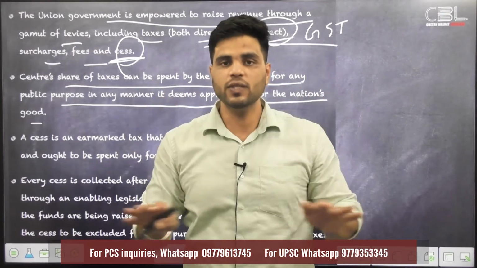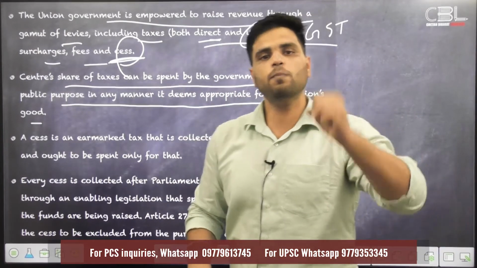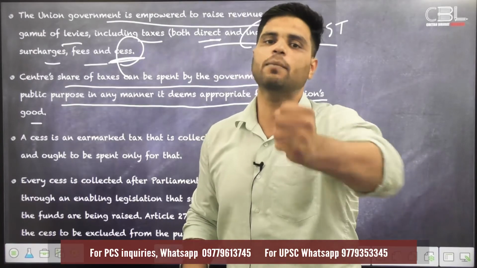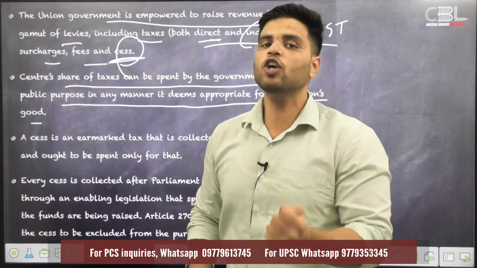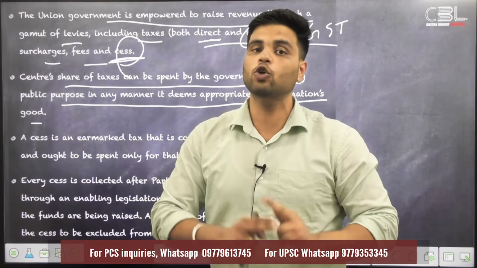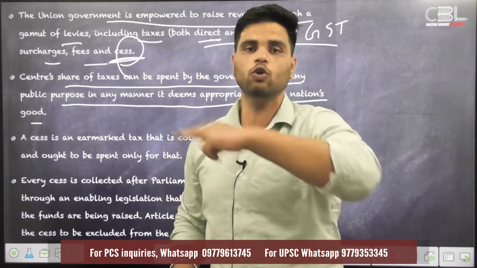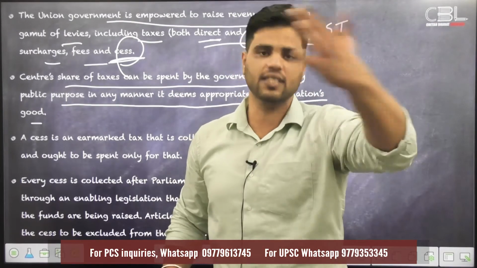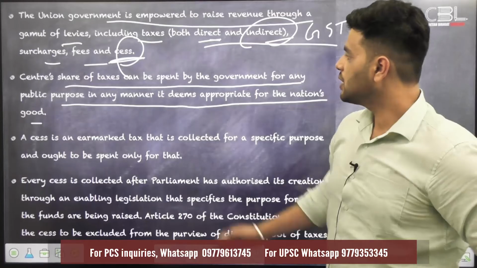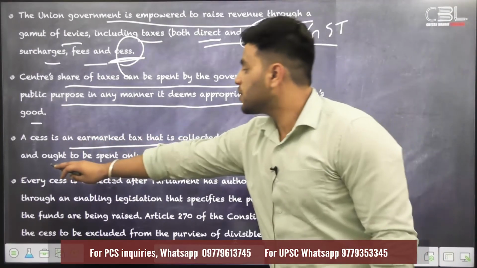Now, what happens with cess is that the money collected by cess should be spent on the scheme through which that money was being collected. For example, if you are collecting money through Swachh Bharat cess, then the money collected through that cess should be spent on Swachh Bharat Abhiyan itself. You cannot spend that money in any other good or in any other scheme. All right. A cess is an earmarked tax that is collected for a specific purpose and ought to be spent